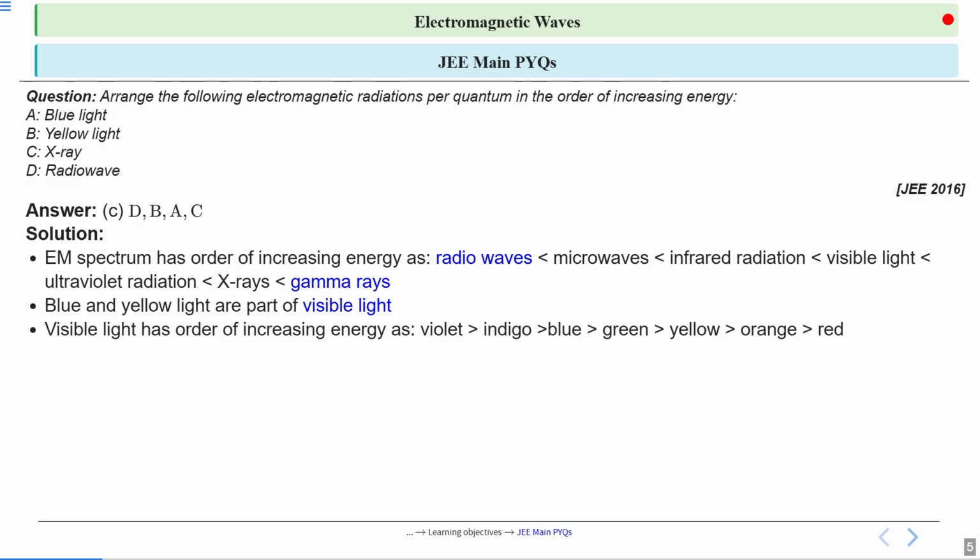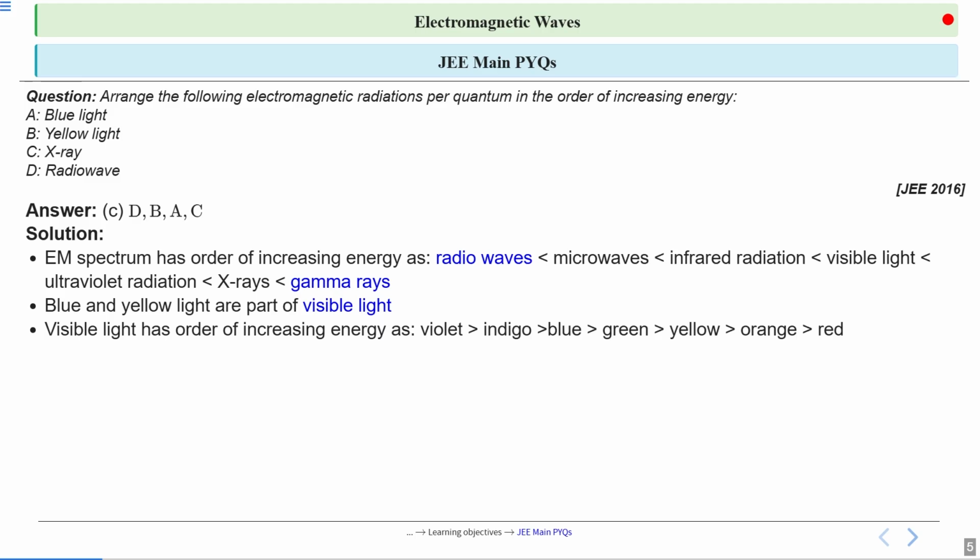So violet of visible light is towards ultraviolet radiation, and the red region of visible light is towards infrared radiation. Okay, since ultraviolet radiation has more energy, that means violet light, that is near the ultraviolet radiation range, will be having more energy than the red light. So it is according to that sequence. Violet will be having more energy than indigo light. Indigo light will be having more energy than blue light. Blue light will have more energy than green, then yellow, then orange, and least amount of energy will be associated with the red light.